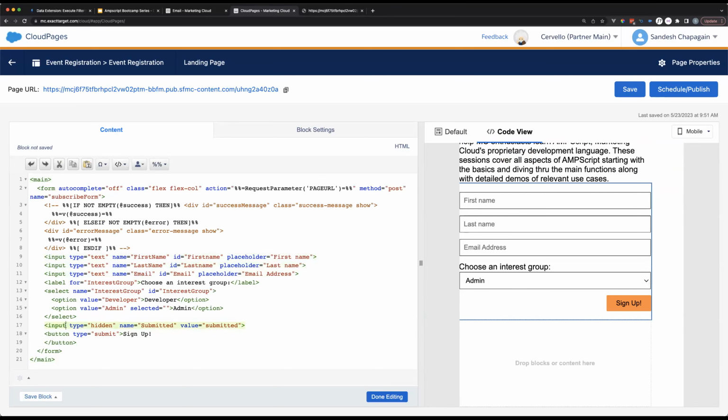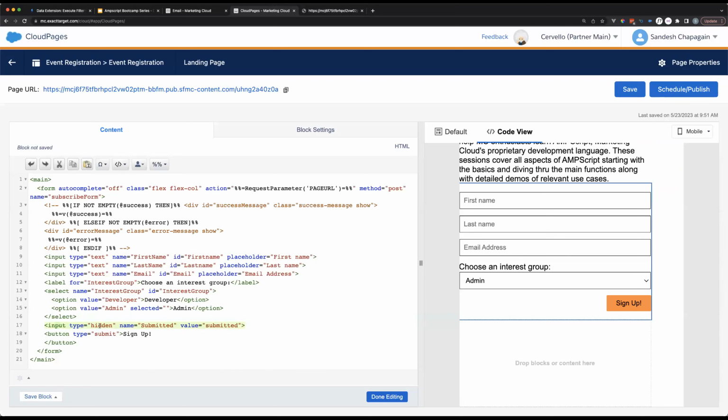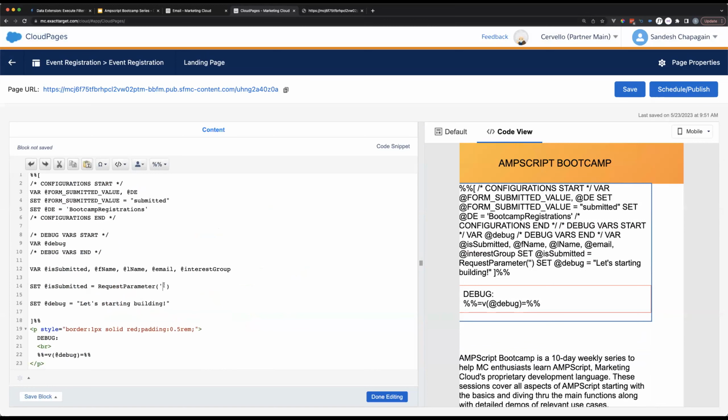Here, if you look at this, something that's not visible in this page is this one input that is hidden. The name of that input is submitted, whose value is also submitted. And so whenever a user submits this form, this input is also posted. The user doesn't know this. We don't see this in the cloud page, but since this is part of the form, this will also be submitted. And if this is submitted, we can also request this as parameter because it has a name of submitted. Okay, so let's go back and then request that parameter called submitted from the form and then see what that comes through.